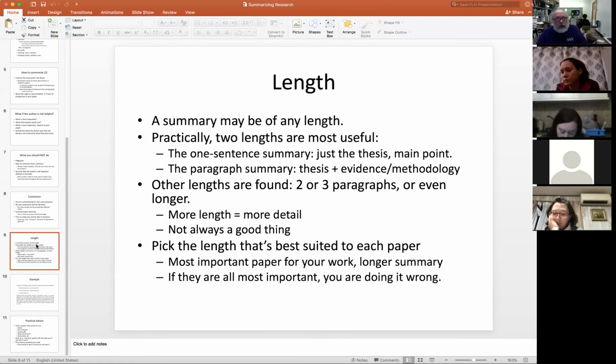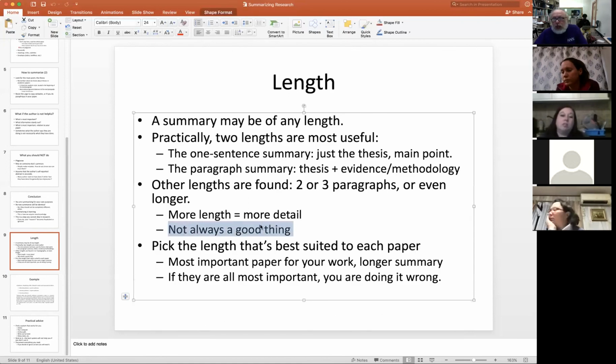Now, I would like to draw your attention to this, though. A longer summary is not necessarily a better thing. Okay, longer isn't necessarily better. Because the point of doing one-sentence summaries is that you really have to focus on what is